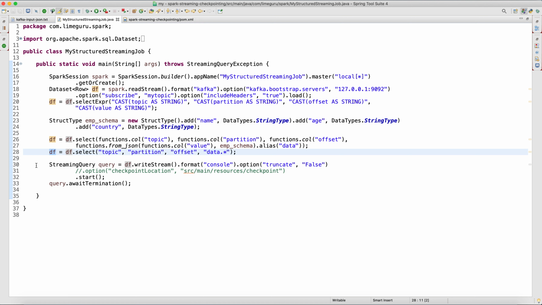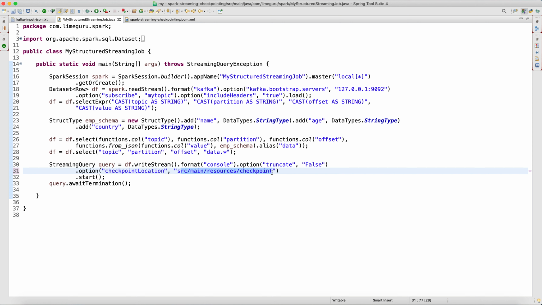Now after consuming the message comes the part where you are writing the messages. You need to write the message using df.writeStream, and you can enable the checkpointing feature using a special option, which is checkpoint location. Checkpoint location is basically the location where your Spark job will automatically track what all messages it has processed, and if it goes down it will identify from the offset number, for each partition, from where it has to resume.